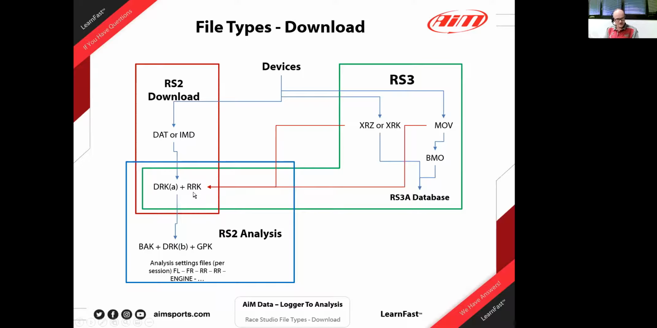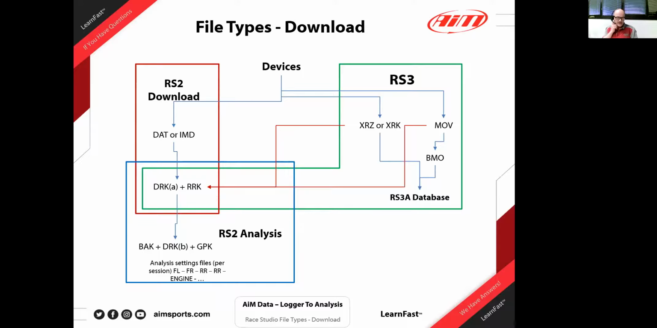For the previous generation devices like MXL and Evo 3, Evo 4, the GPS was an addition, was not shipped with the device originally, and GPS was not born together with the device. So we used to separate the information in two different files. One is the DRK and the one is the RRK. Once these two files were created, the RS2 analysis software was taking them to create